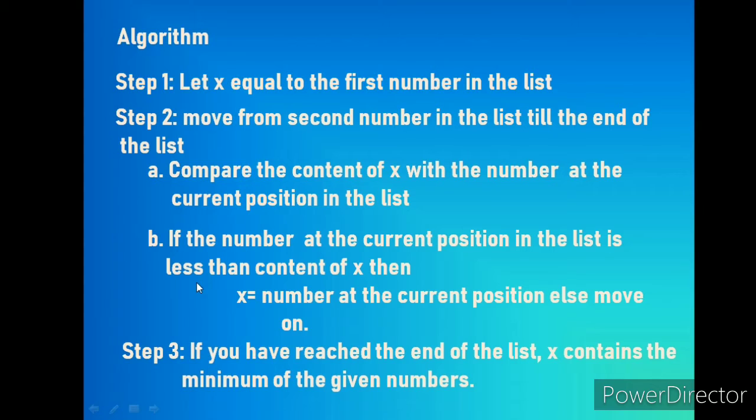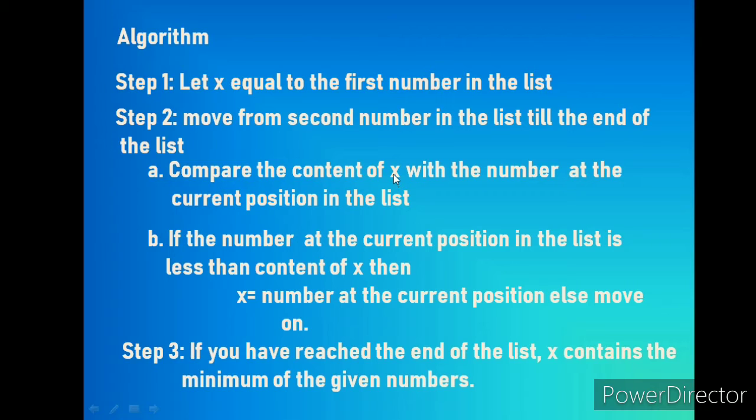Now let us see the algorithm for this. Step 1: Let x equal to the first number in the list. Suppose there are n numbers in the list, then out of that we have to assign the first number in the list to x. It will be the x. Step 2: move from the second number in the list till the end of the list. We have to start from the second number of the list till the end of the list and follow the following steps. So in that, the first step is to compare the